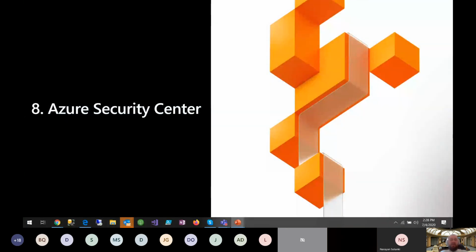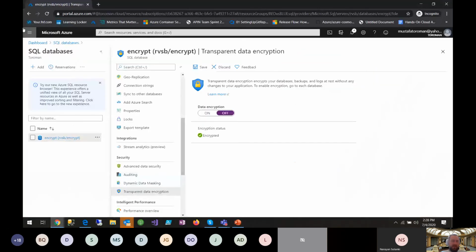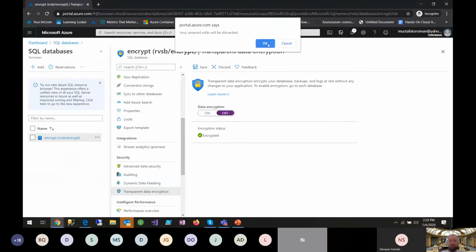Okay, one of the really cool things in Azure is definitely Azure Security Center. Basically, this is the place that can provide you with a lot of information on what your current security is and how good your security posture is in general. So let's take a look at that one as well. So basically, if I go to Security Center,